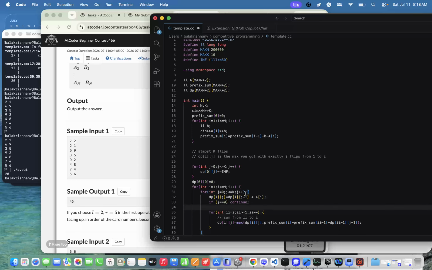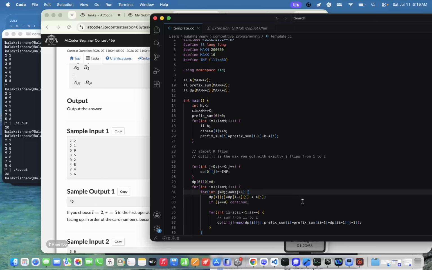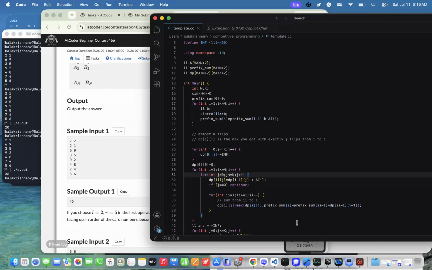You don't flip it. No, it's I minus 1. So prefix sum of I, so you flip it, then you don't, and then from I minus 1 onwards, this is the amount you get from flipping from I to I. In I minus 1,